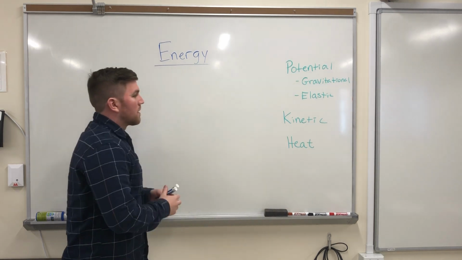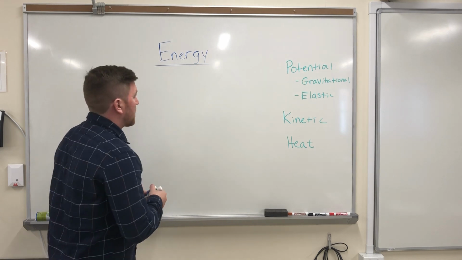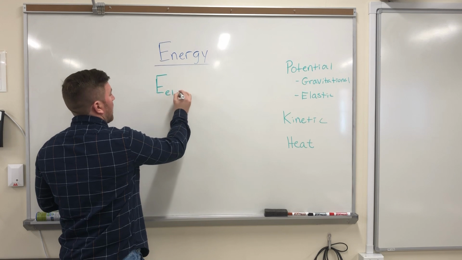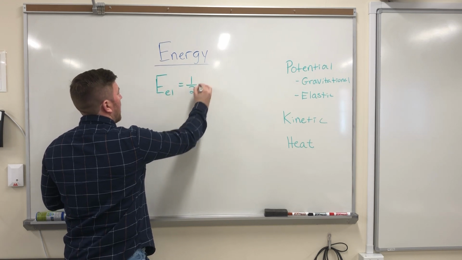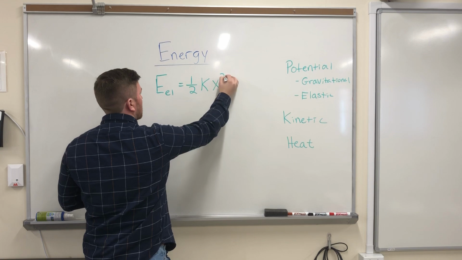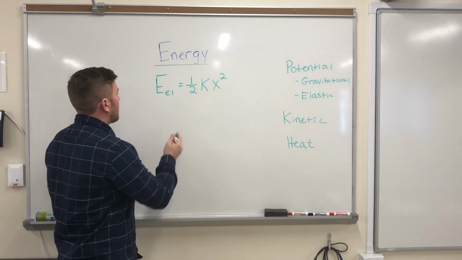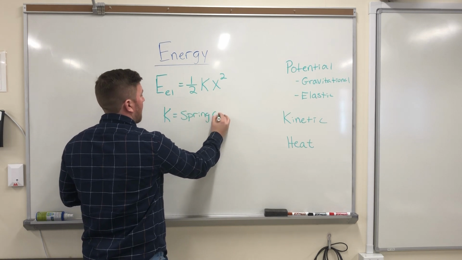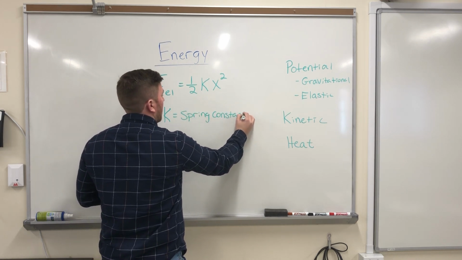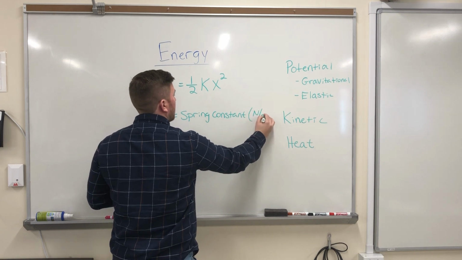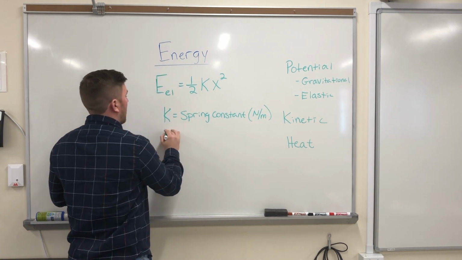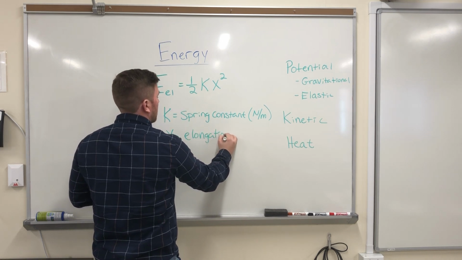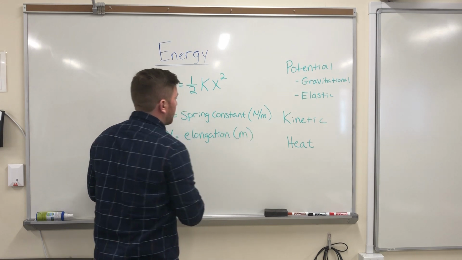Afterwards, we looked at a lot of elastic energy. So when we looked at elastic energy, we looked at EEL, and that was 1/2 kx squared. And so in this case, k was the spring constant, and our spring constant is in newtons per meter, and then x is the elongation of the spring,